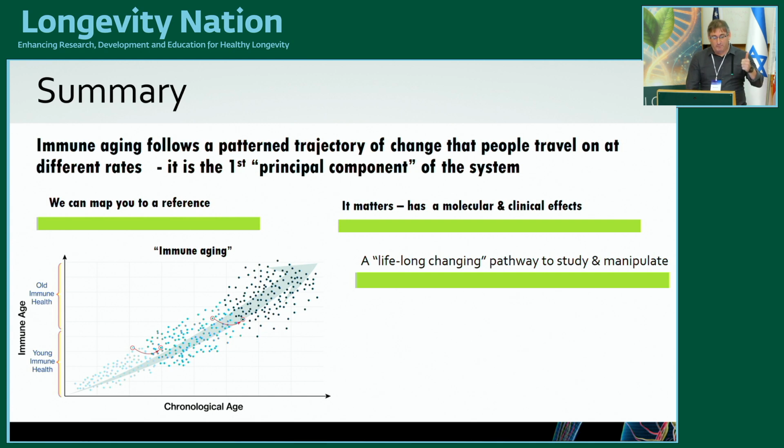We can do this with cell frequencies in CyTOF and flow cytometry, by gene expression in whole blood and PBMC, by methylation, and proteomics is coming. It has molecular and chemical facts, and it's basically a lifelong pathway to study and manipulate. And with this in mind, I will put a kind of brief ad to where,